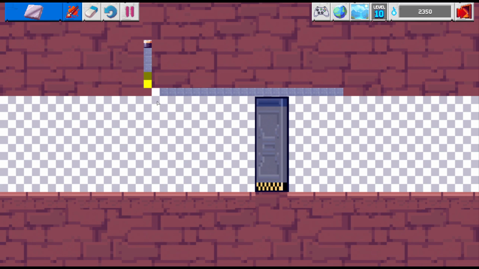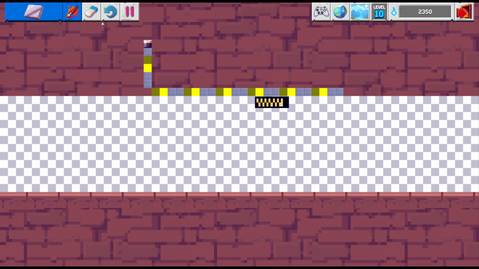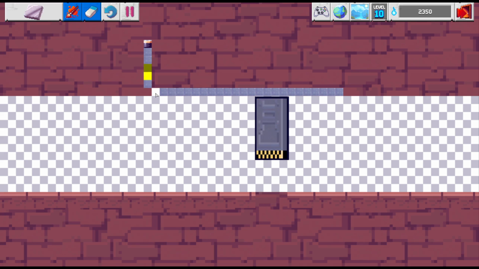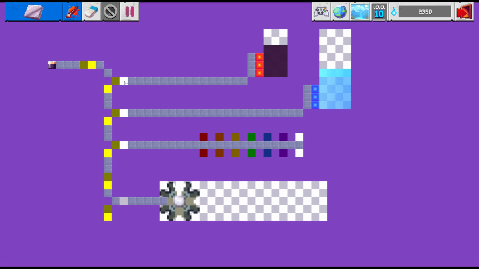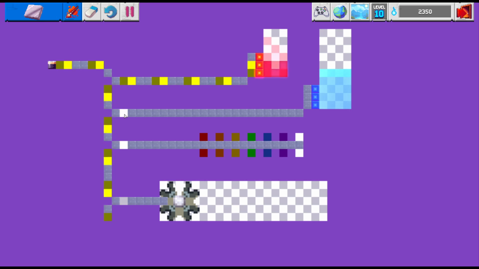Of course, you need something to power with your circuits too. These are your outputs. For example, the E-gate opens when touching an electrified wire and closes otherwise. Similarly, the E-heater heats up when powered. The E-cooler cools down,